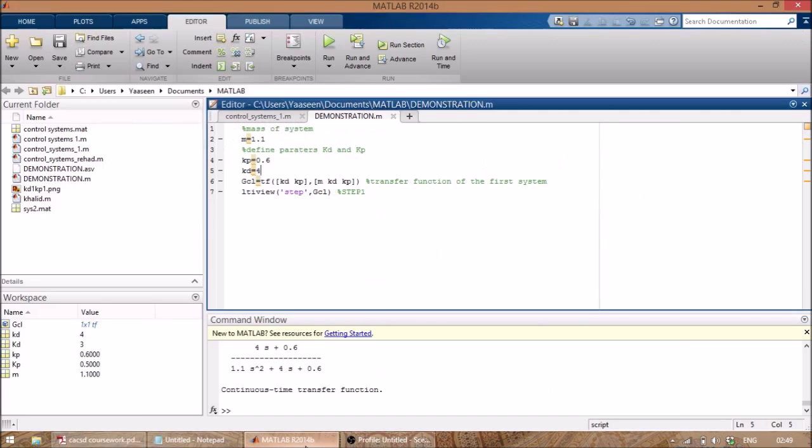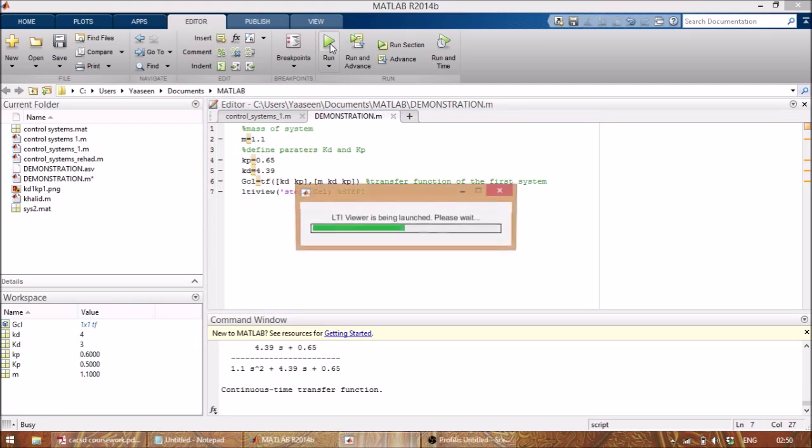So I did this before, and I found that for me 0.65 and 4.39 worked quite well. I think a few other numbers also work, so you don't have to use the exact same ones. Try it yourself and get some numbers that work for you. It'll probably be somewhere around here. So if you see now, if I run this,